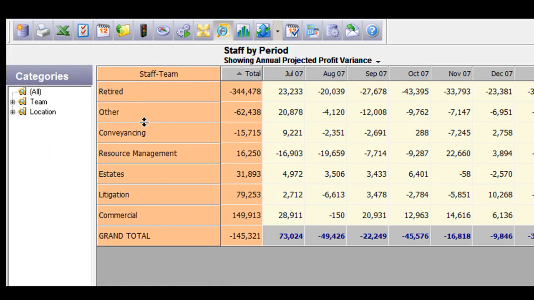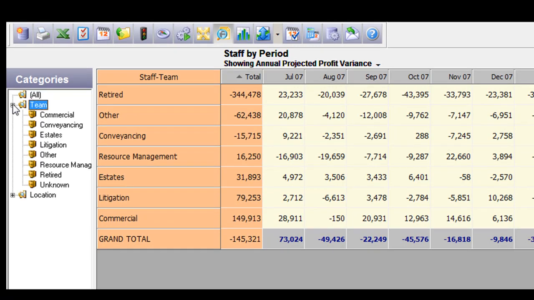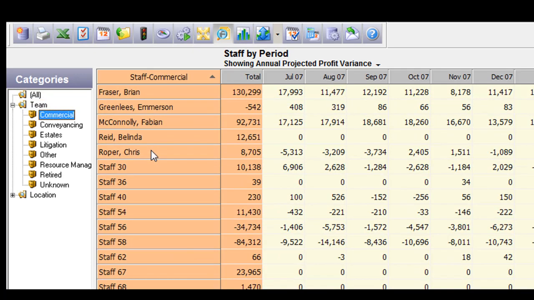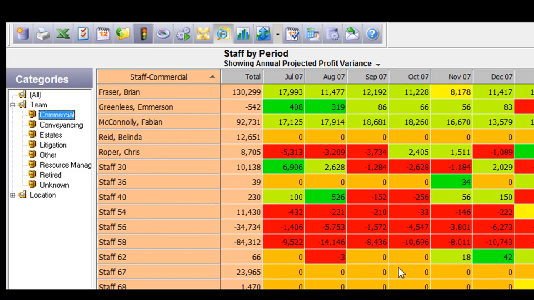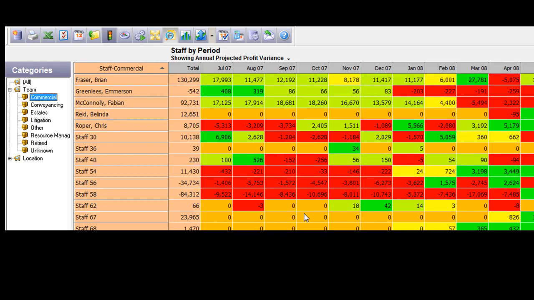In order to do that, simply go and have a look at the various people that have contributed towards the commercial division. And here we get only the staff members that have contributed towards the commercial division. What this also allows us to do, once again through the traffic period, is have a look at which specific staff members have actually created the growth and which ones haven't. So in fact, that net growth of